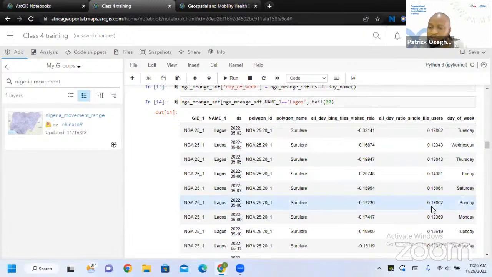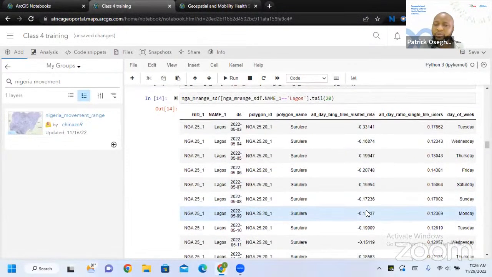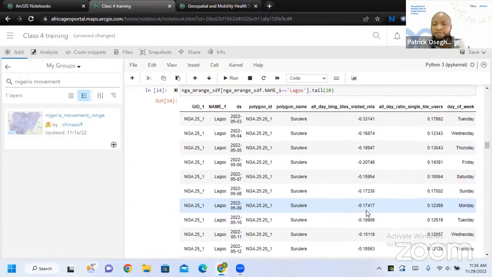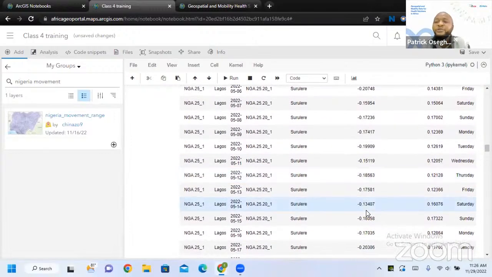So most people don't leave their home on Sundays, probably just going to church, which is still within their neighborhood, their vicinity. And look at Monday again, the value has reduced. You can also check the percentage change for the movement data. This is why I have to remove weekends from my data, so that I know I'm working with data that is not biased.